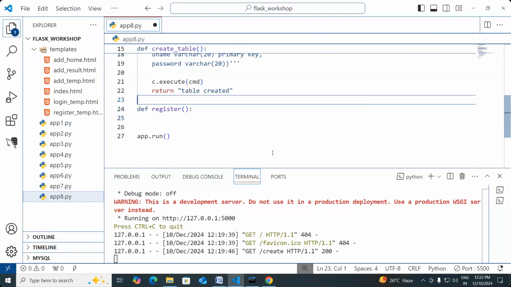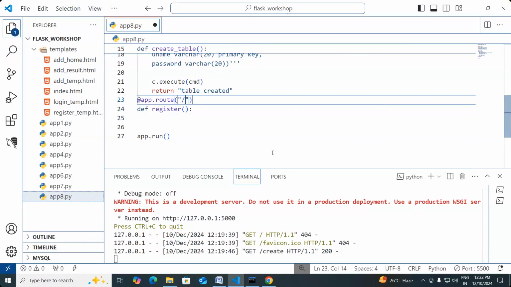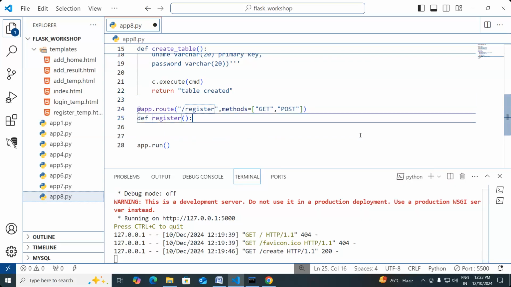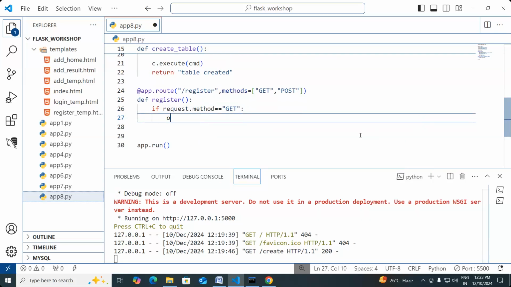and here I'm writing @application dot route. So the name is slash register, and I'm using methods, request methods. Now this is able to handle two request methods. One is get, one more is a post. Now within the registration, if a request dot method is get, you are rendering one template, output equal to